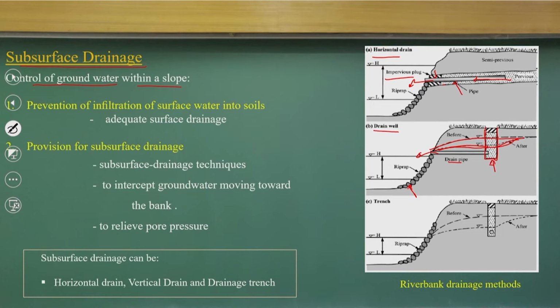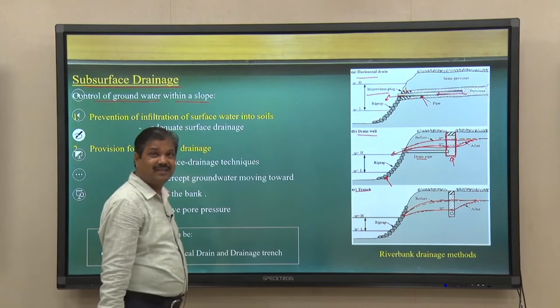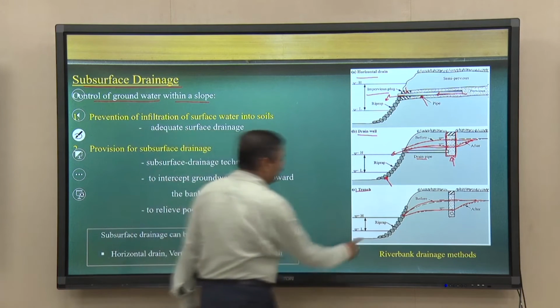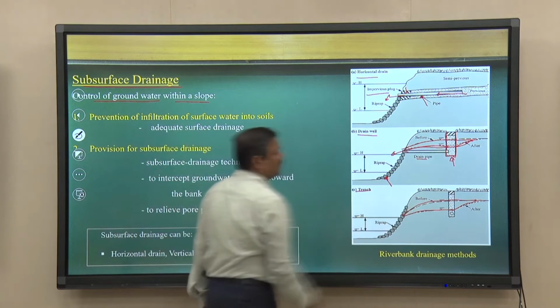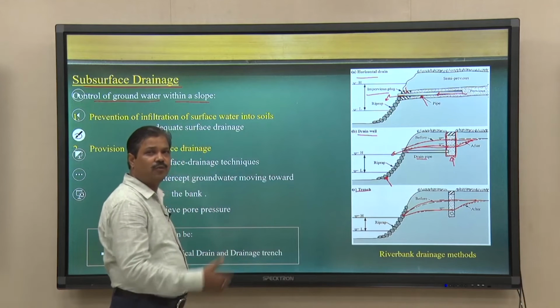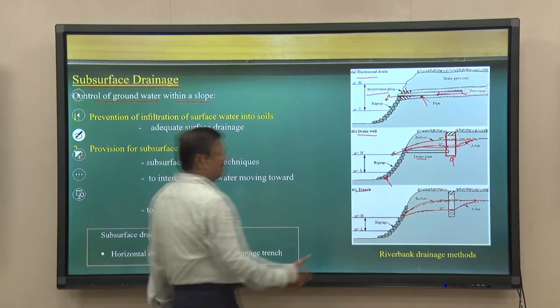Same way you can have a trench. You can have a trench, and you can see the groundwater table earlier, and because of the trench the groundwater table changes like this. So, it has a lot of change, and the basic idea is to protect it with a riprap, and also reduce the rotational failures and control the groundwater table fluctuations